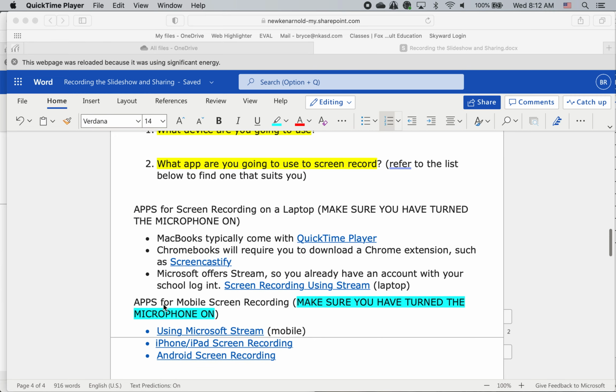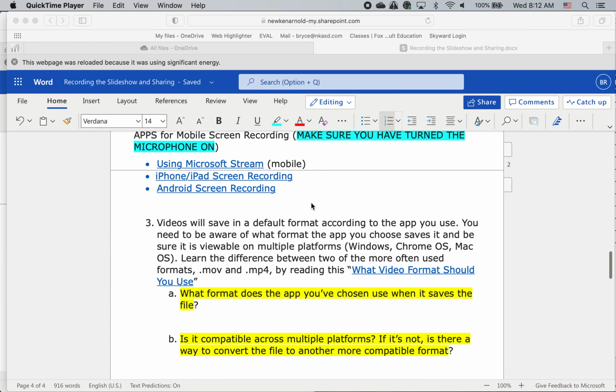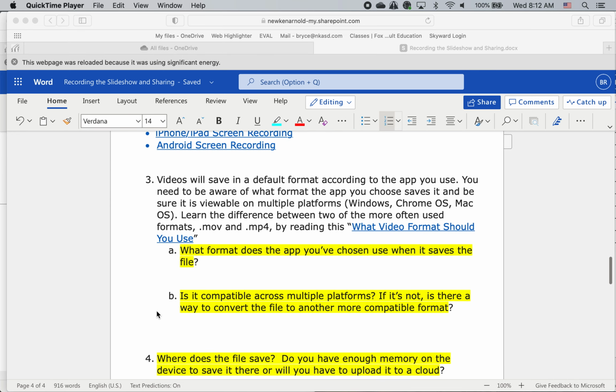Okay, so the next thing for planning is, once you decide what device you're going to use, you need to consider what format the video is going to be saved in and whether or not you're going to need to convert that. Okay, so there are several ways a video can be stored. One is .mov and one is .mp4. I would highly recommend, especially those of you who are moving on to college or university, or any of you who enjoy the creativity of making videos,